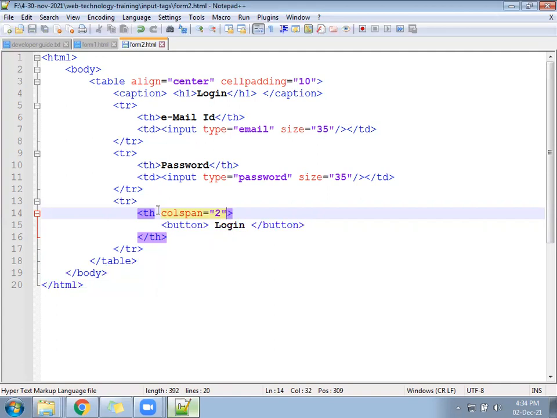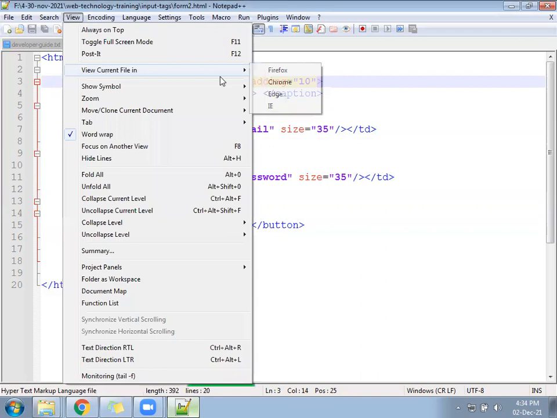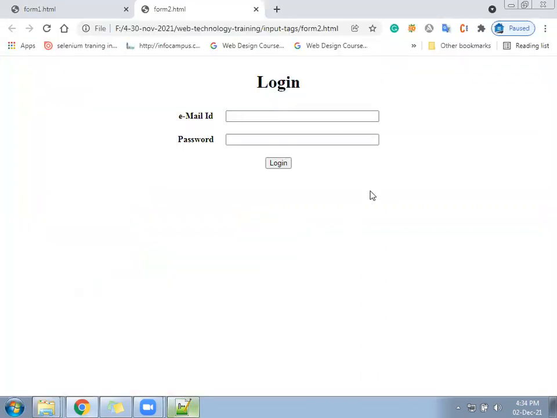Then your button should appear in the middle. Now if we run this file and see once how it looks, something like this.